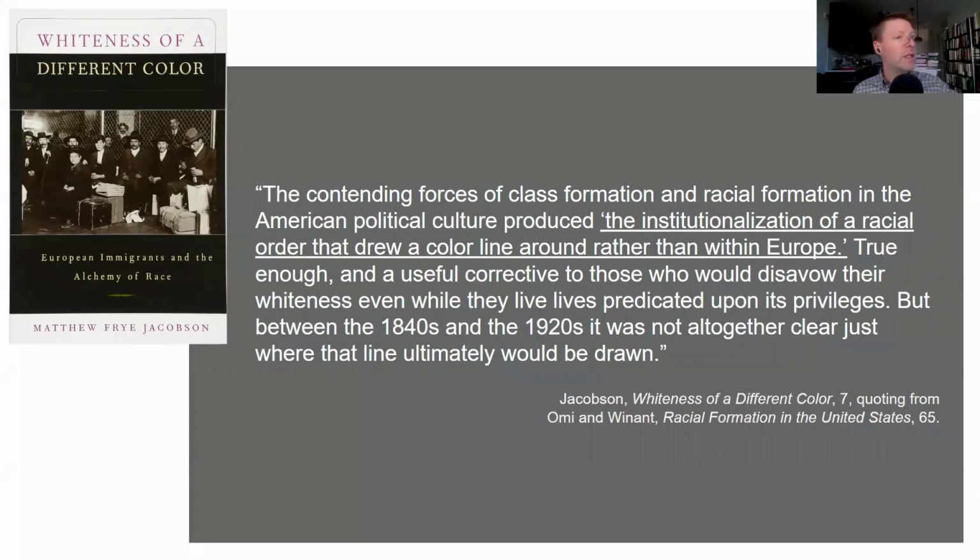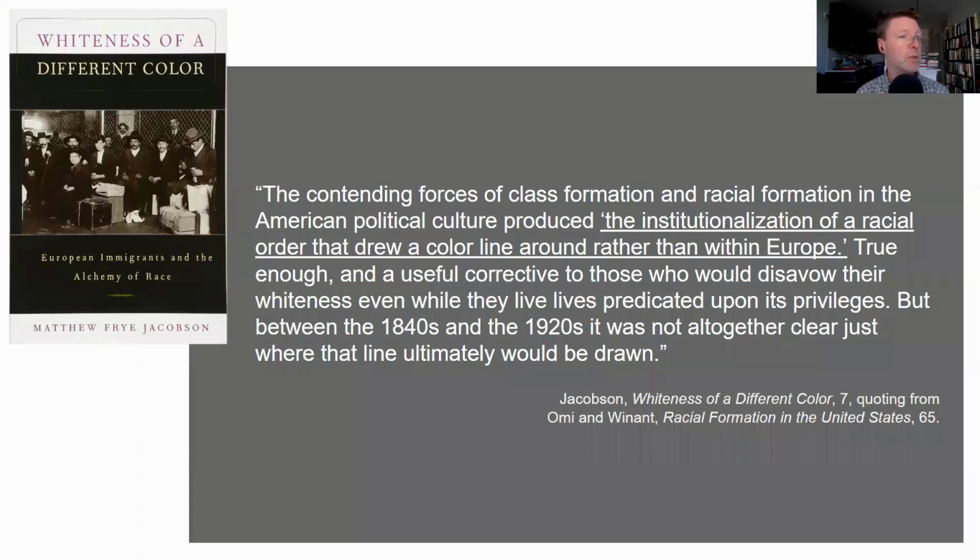Quote, the contending forces of class formation and racial formation in the American political culture produced, quote, the institutionalization of a racial order that drew a color line around rather than within Europe. True enough, and a useful corrective to those who would disavow their whiteness even while they live lives predicated upon its privileges. But between the 1840s and the 1920s, it was not altogether clear just where that line ultimately would be drawn. That quote,